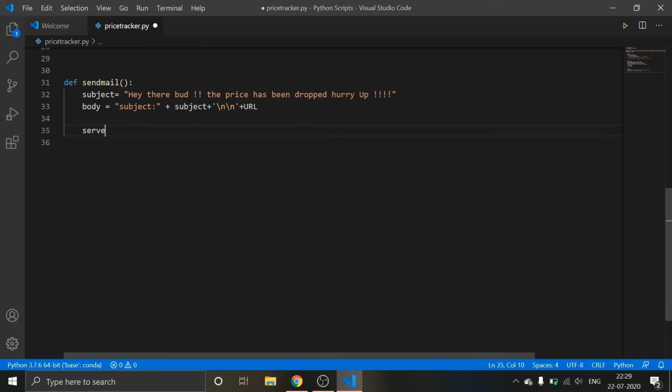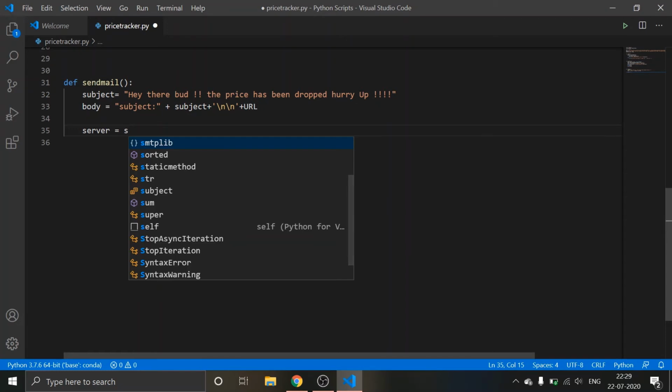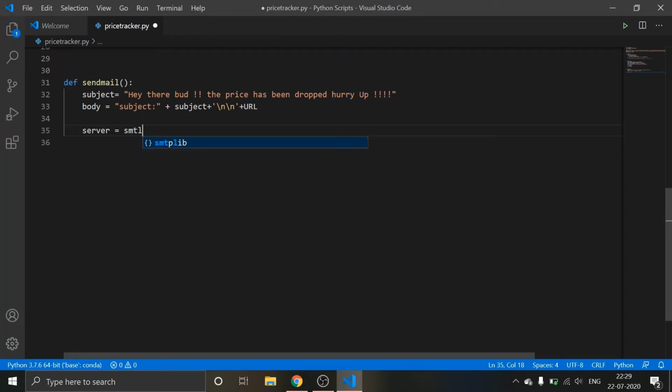So this is something you have to remember while doing this code. I'm importing smtplib, and I'm importing SMTP, where my host is Outlook mail, because I'm using Outlook mail.